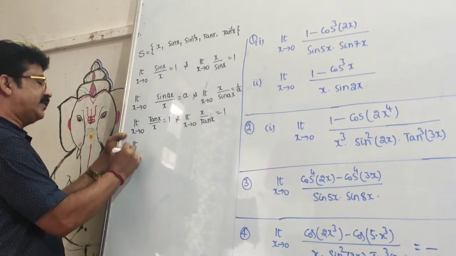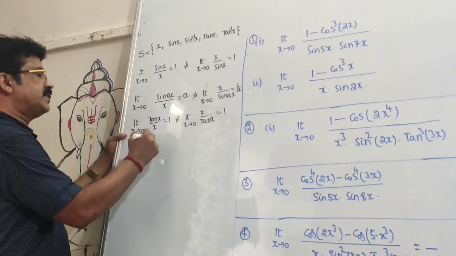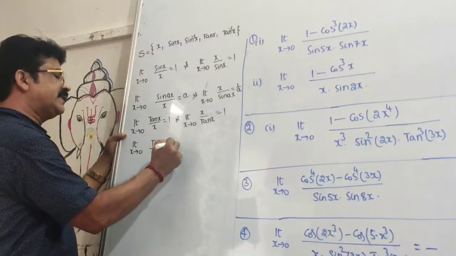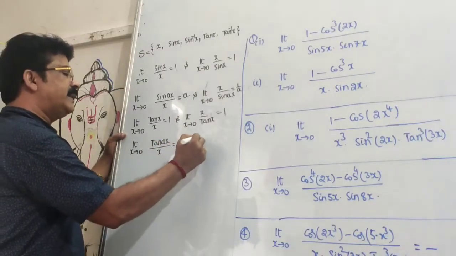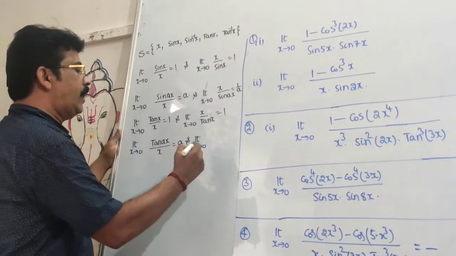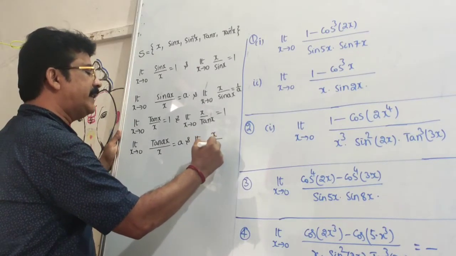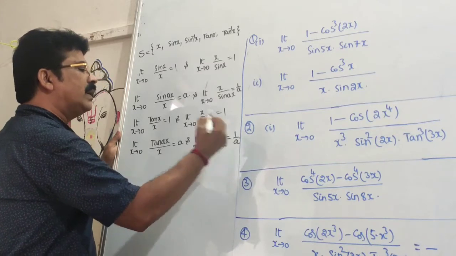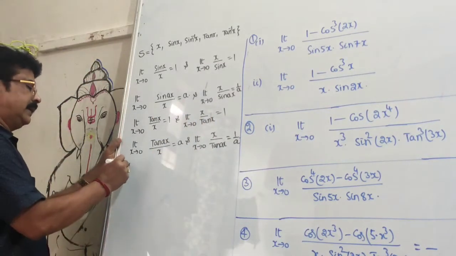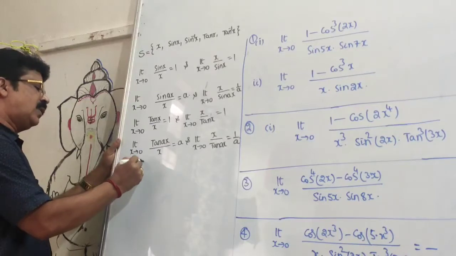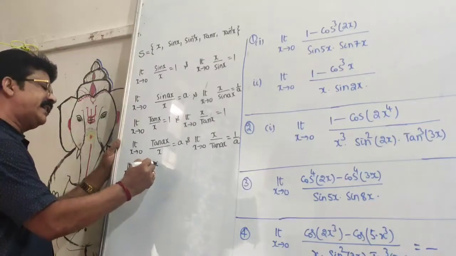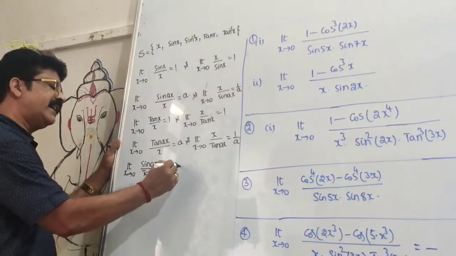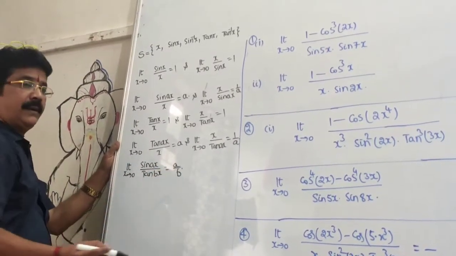Next, the limit as x tends to 0 of tan ax divided by x is equal to a, and the limit as x tends to 0 of x divided by tan ax is equal to 1 by a, and sin ax divided by tan bx equal to a divided by b. Remember,